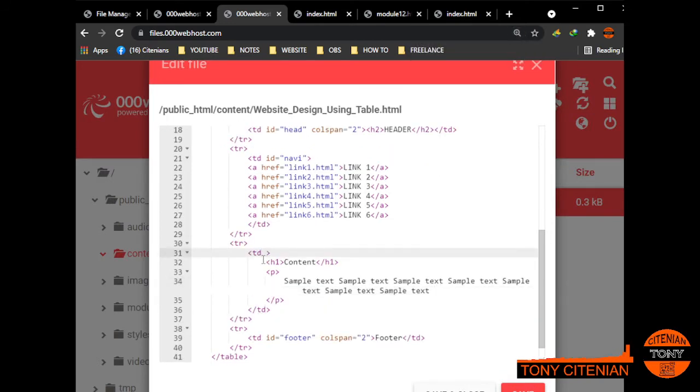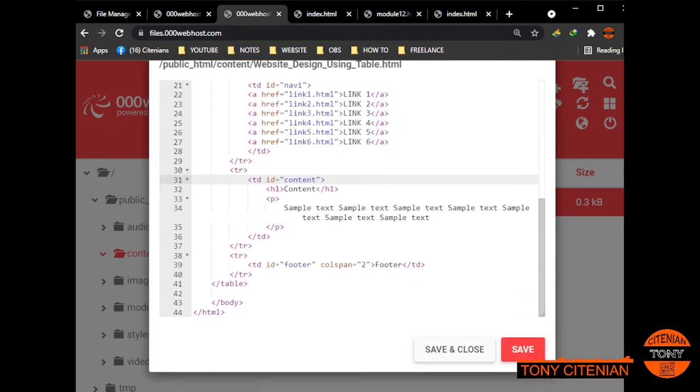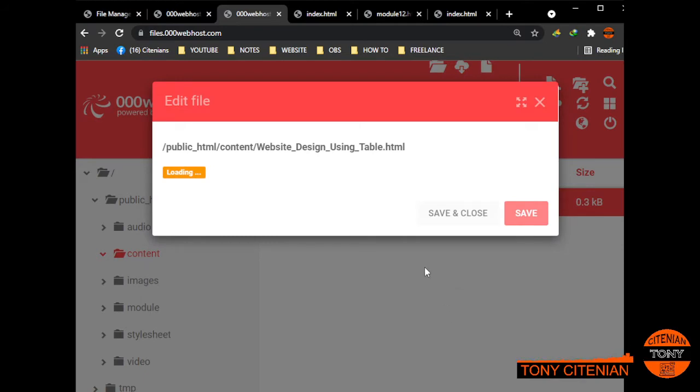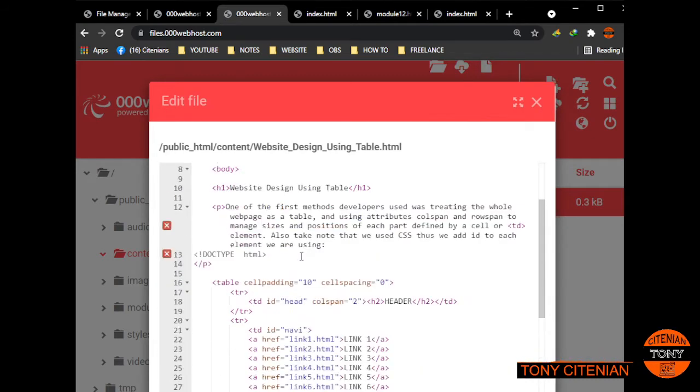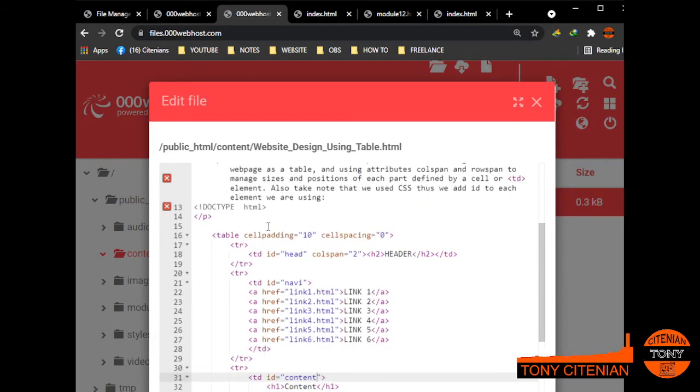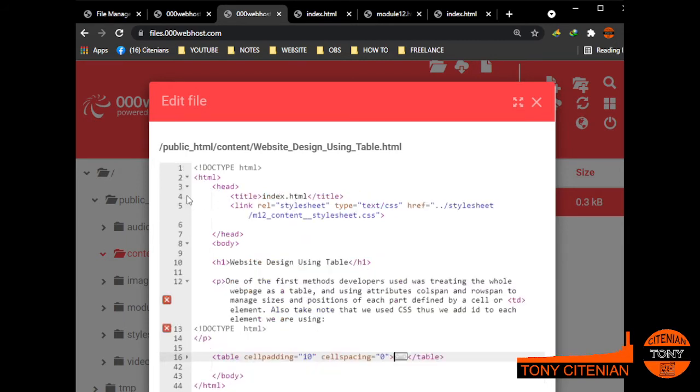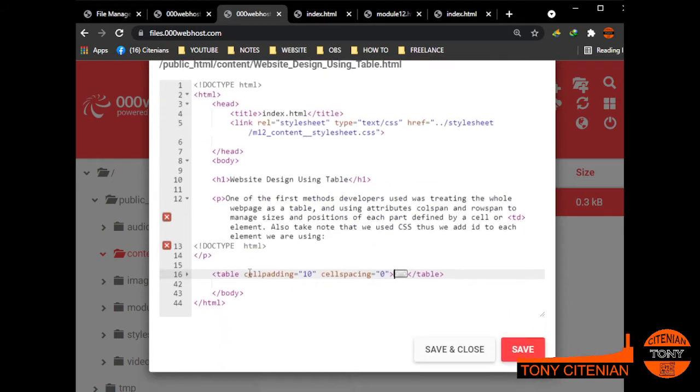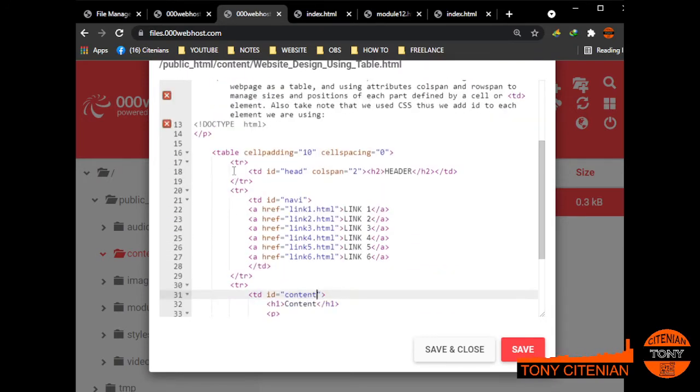This one is we have ID equals to content. Save. Then let us review our HTML codes. So you have here table, this is our table. Then inside the table we have